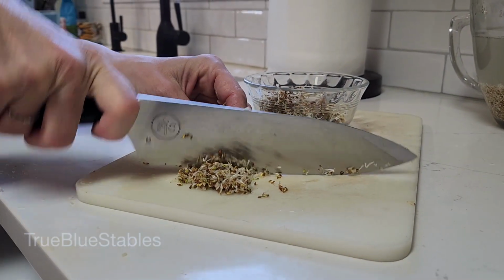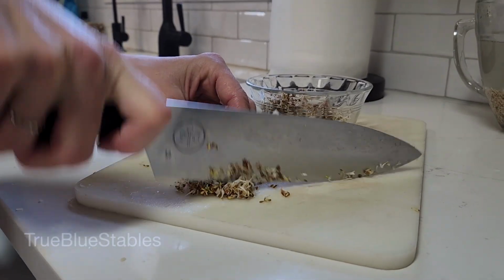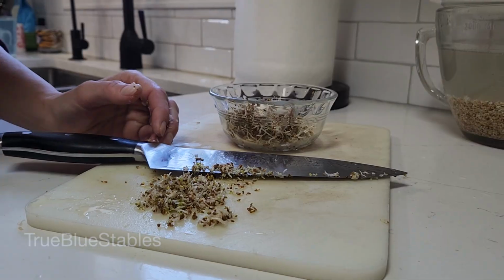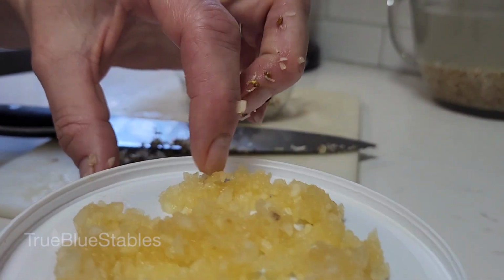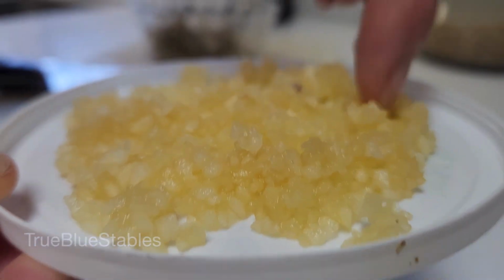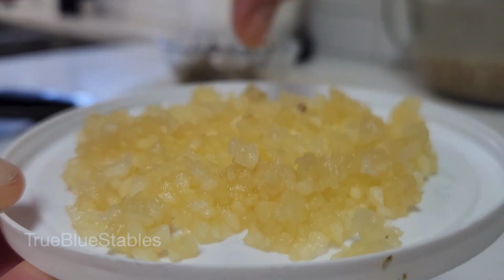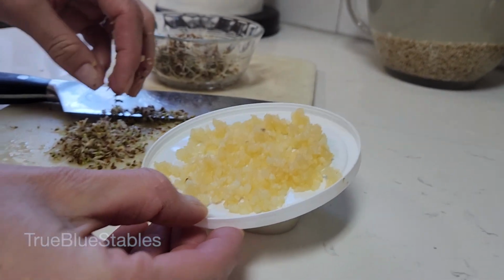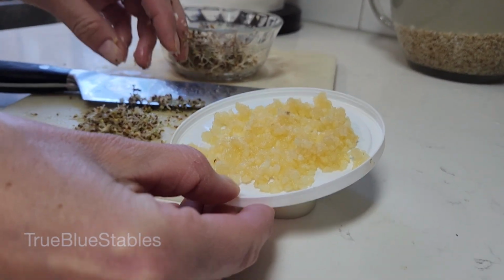Dicing up some sprouts for the babies. And I've already diced up some apples. And we just make them real tiny. And these are some healthy treats that we are feeding when we give them some grit as well. They need grit to be able to have these things, but these are just healthy treats that we feed them